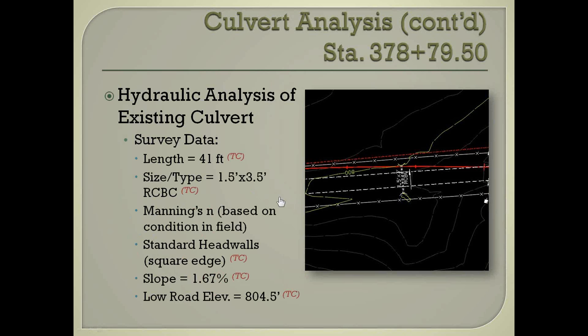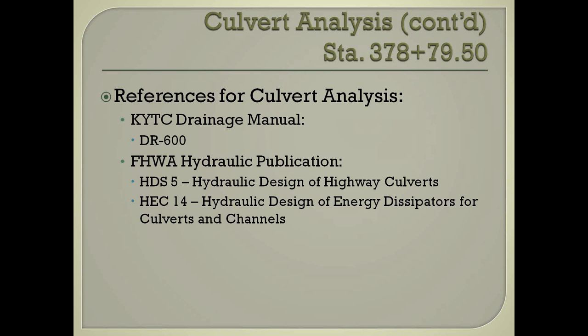All right, now we need to know the analysis for the existing culvert. We have done a survey. We know its length. We know its type. All these go into the TC 61,100. We know the Manning's n from looking at the field conditions. We also want to know what the headwalls are like, square edge. We know the slope, and we need to know the low road elevation. With that information,